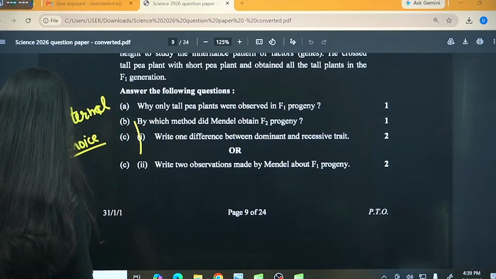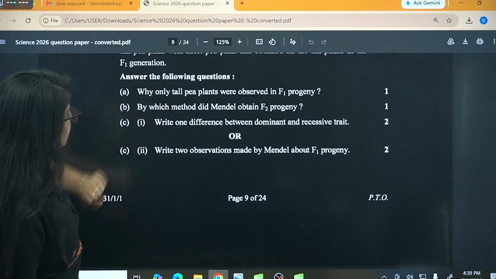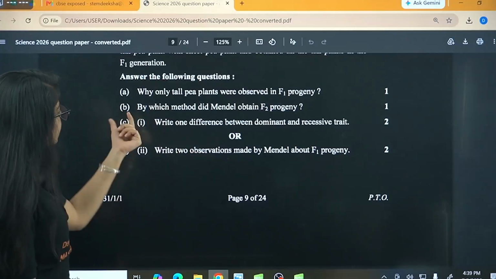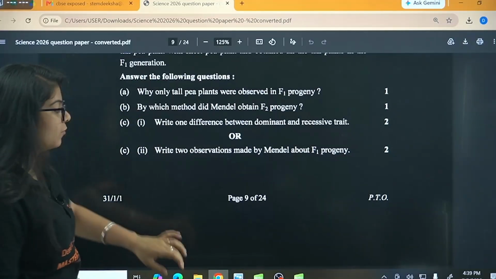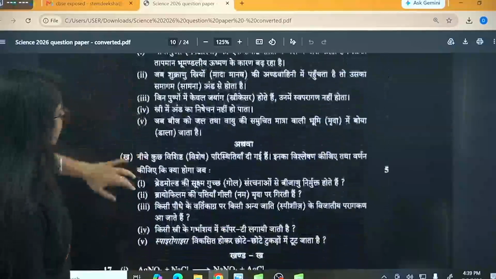Either do these questions, either do this set of questions, or do a C. Either you can do the first part of C or the second part of C. That is the thing. Okay, moving on, beta,